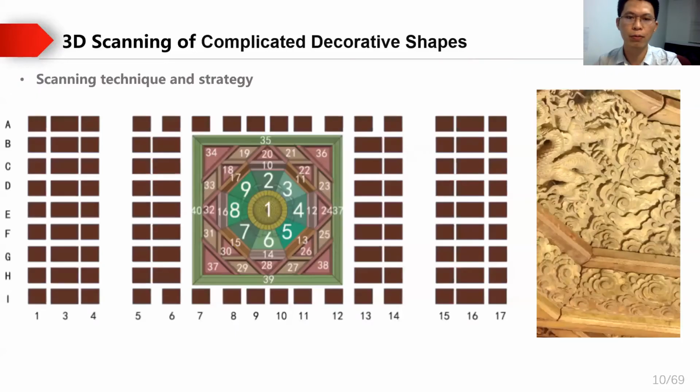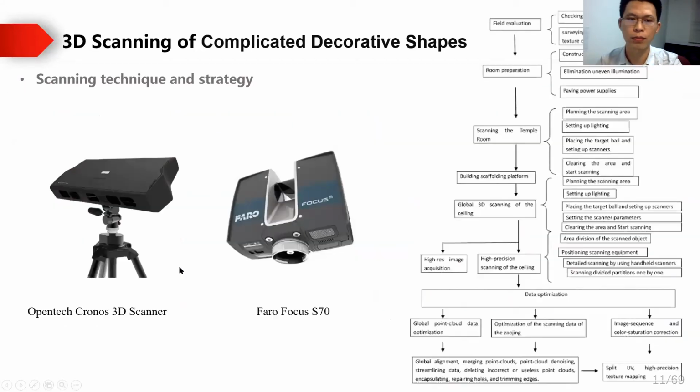In order to make the scanning process stable and efficient, we separated the whole ceiling area into 40 individual scanning parts. We carefully designed the boundary of each scanning range to avoid visual seams or gaps in later data alignment. As we see from the right image, the ceiling has obvious assembling clearances, and this provides us a direct solution for scanning boundary design, and it is helpful to avoid accumulated error.